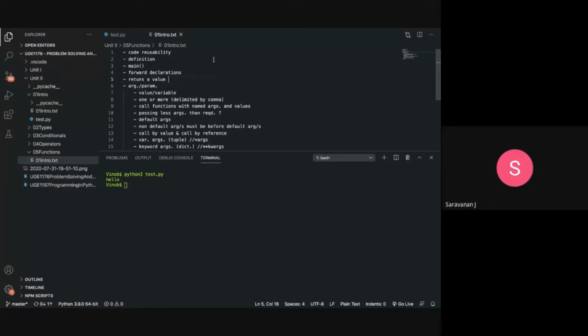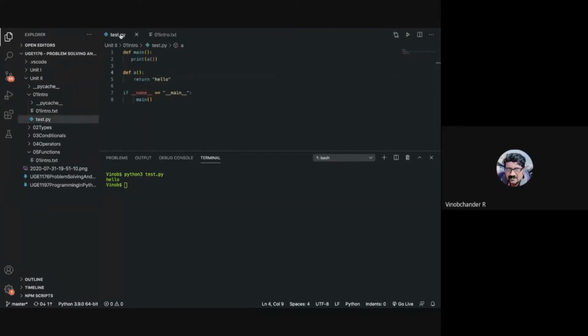Sir, I have a doubt in that code. Can you show it? So first we are calling main. In main I'm calling A. At the time the Python interpreter doesn't even know what is A, right, sir? If this is the flow of execution, it calls A, and the interpreter doesn't know what is A, so it should throw an error. It should throw an error, but it will not, because that is how this logic works.